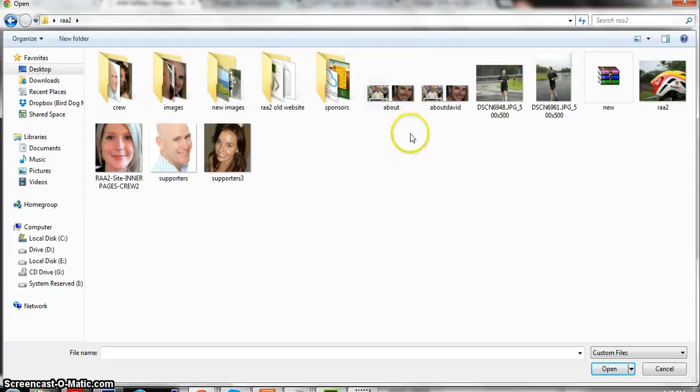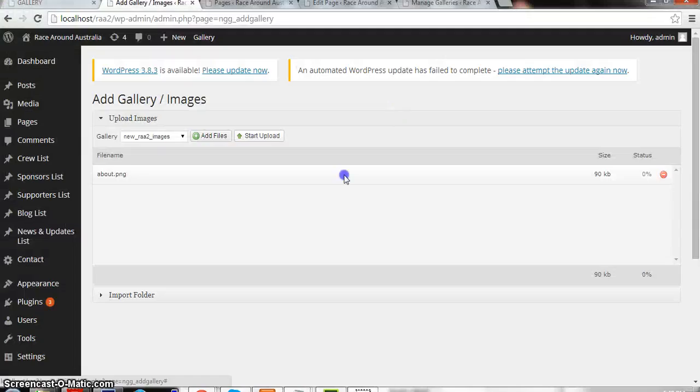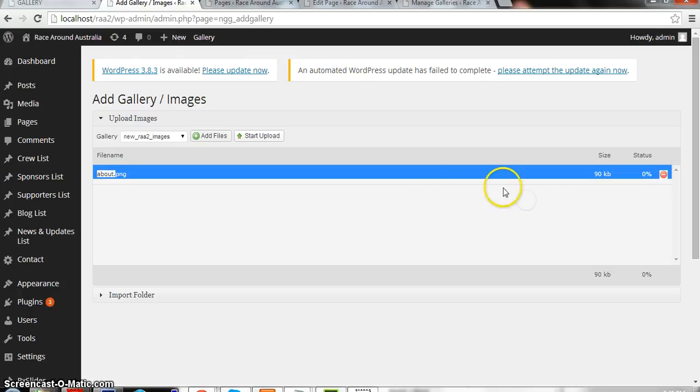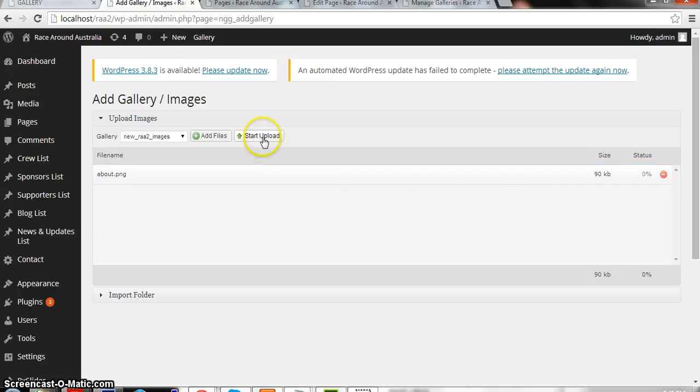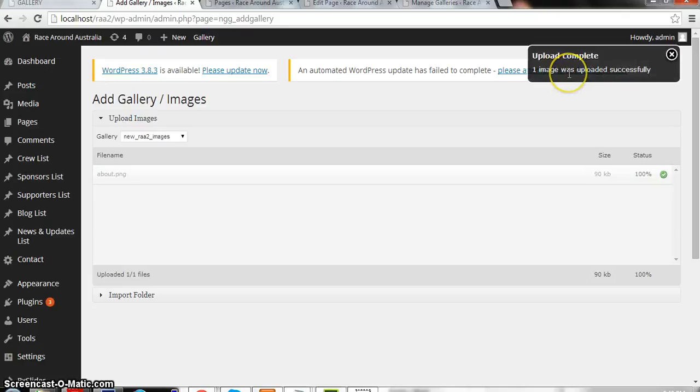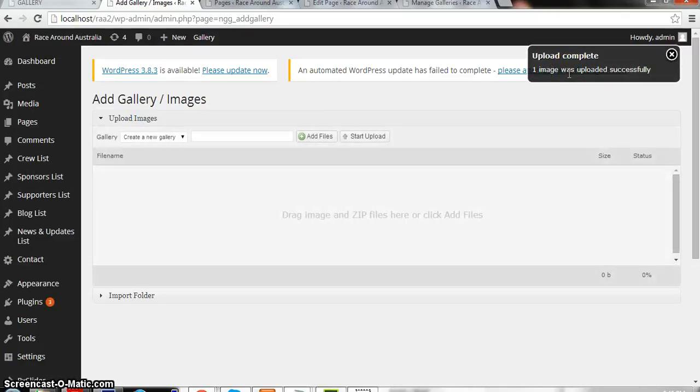Let's say for example we will be uploading this one, because we have already existing images like this. Once you see this already added here, let's start the upload. Click start upload. As you can see, a notification says one image was uploaded successfully.